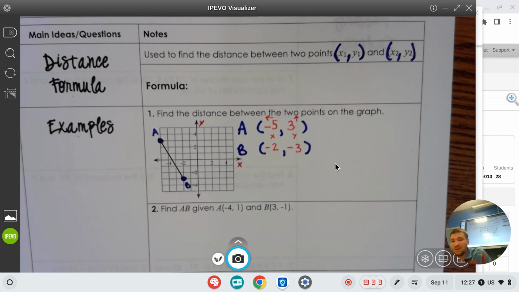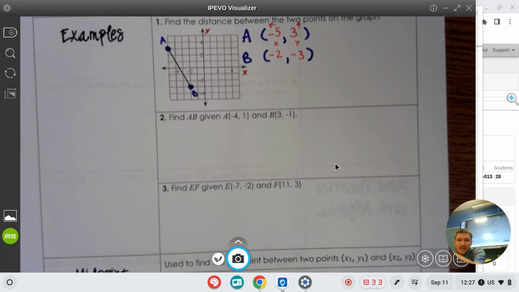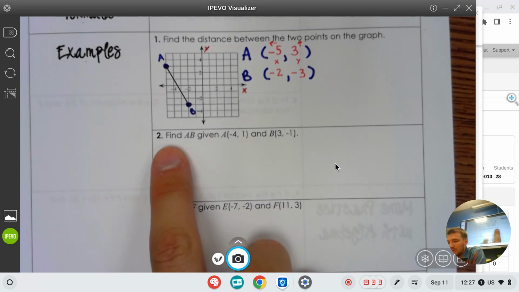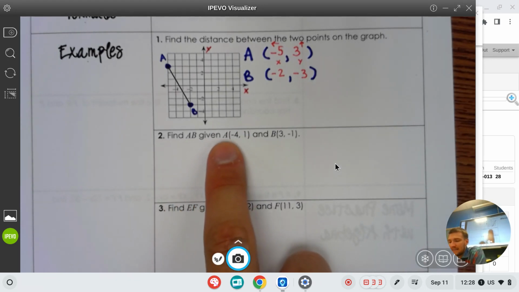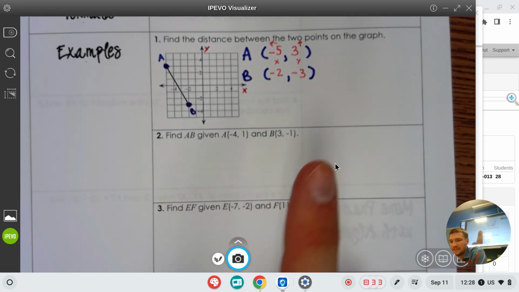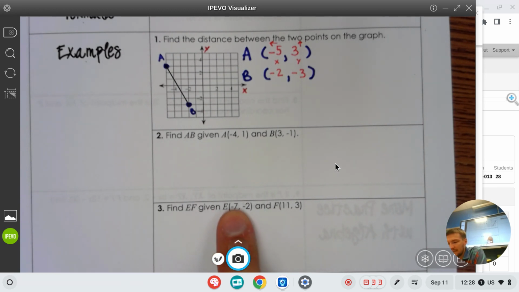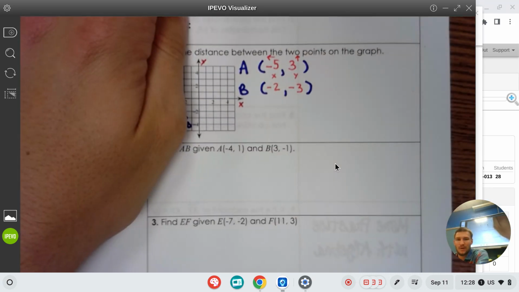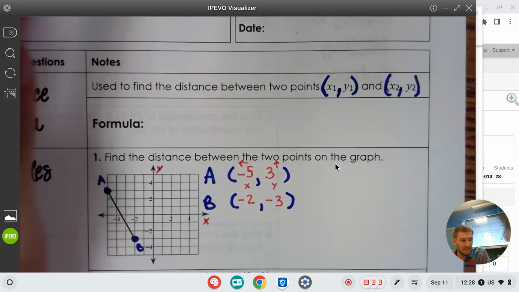Now, if you look at the 3 questions, we've got our coordinates. Number 2 says find the distance given the 2 coordinates. Number 3 says find the distance given the 2 coordinates. So there's not a whole lot of variety to these questions. We just need the formula. Okay? The formula is